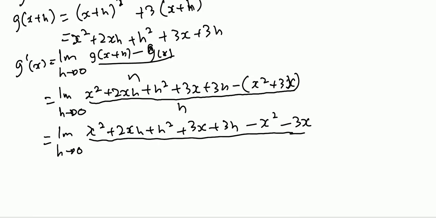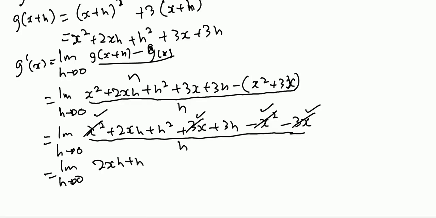all over h. Remember, I said always, if you did this step correctly, your g of x will be cancelled by some values in g of x plus h. So let's check. That means x squared plus 3x must be cancelled. Negative x squared and positive x squared, they cancel. Negative 3x and positive 3x, they cancel. So you can see that your g of x has been cancelled. Then you continue. The limit as h approaches 0 of 2xh plus h squared plus 3h